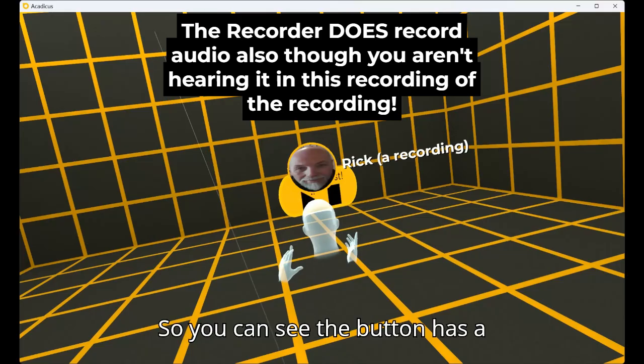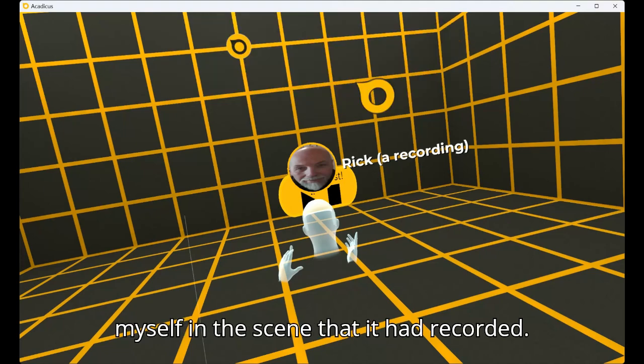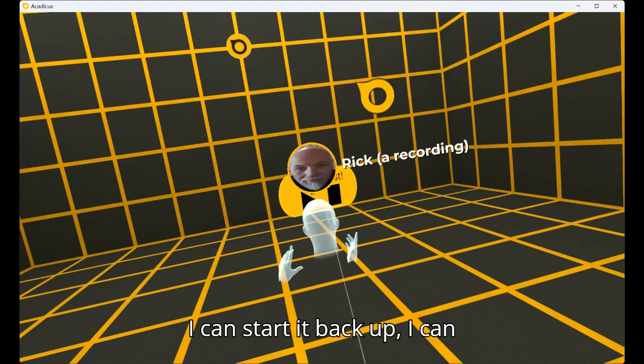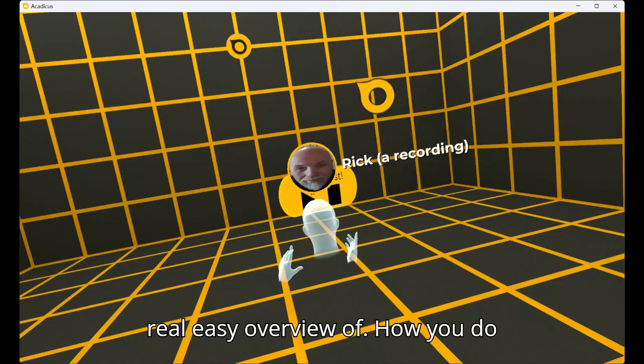You can see the button has a pause feature, right? I just paused myself in the scene that it had recorded. I can start it back up. I can stop it. So this is a real simple, real easy overview of how you do the recording feature